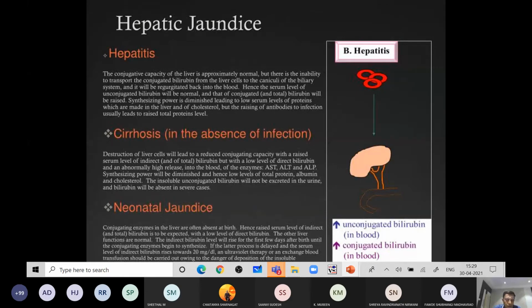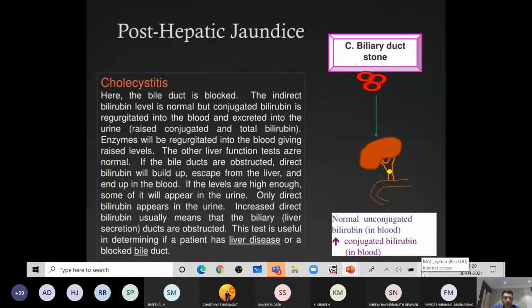Then you will have neonatal jaundice. Post-hepatic jaundice: here the bile duct is blocked. What the diagram shows